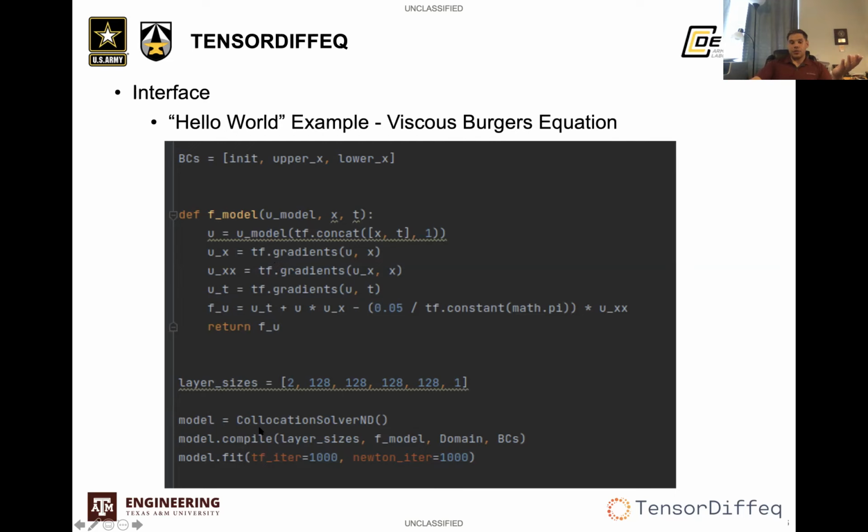So in order to actually train, you'll call this model function, CollocationSolverND, which is the name of the collocation solver in TensorDiffEq. There is another model that we'll get into in the live coding session called the discovery model, which does some inverse modeling and parameter estimation. You'll initialize the model using this call, and then all you have to do to train it is compile the model. So model.compile, and you'll feed in your layer sizes, your F model, which is your equation or system of equations,